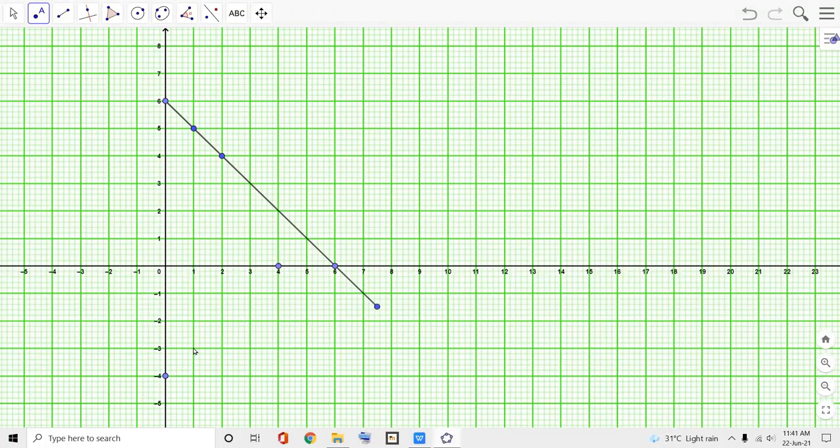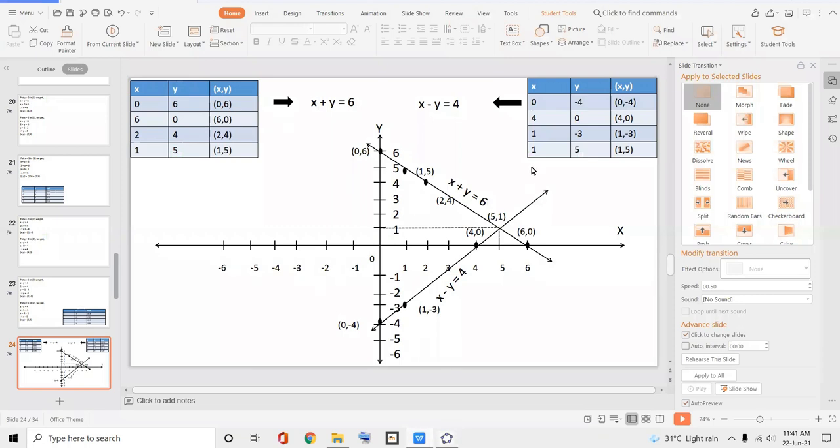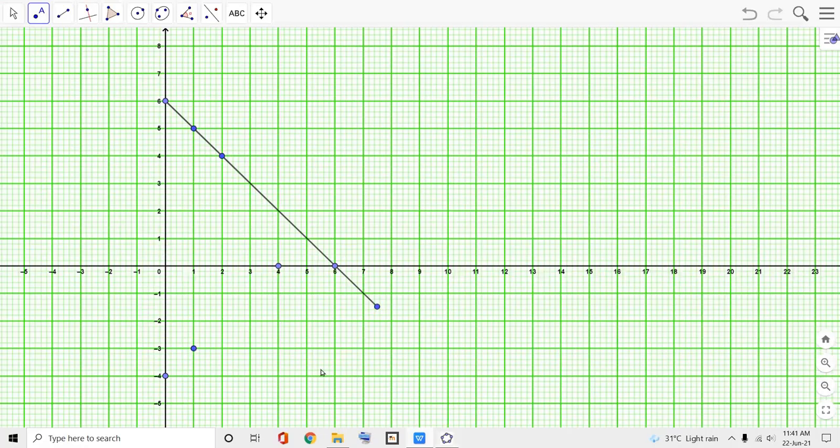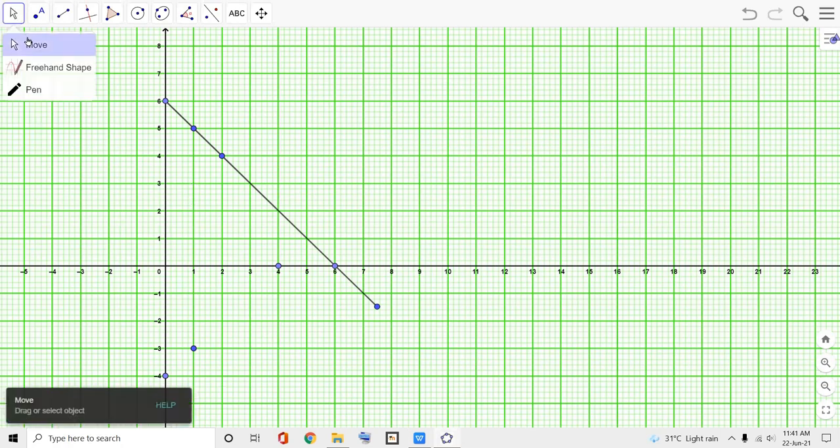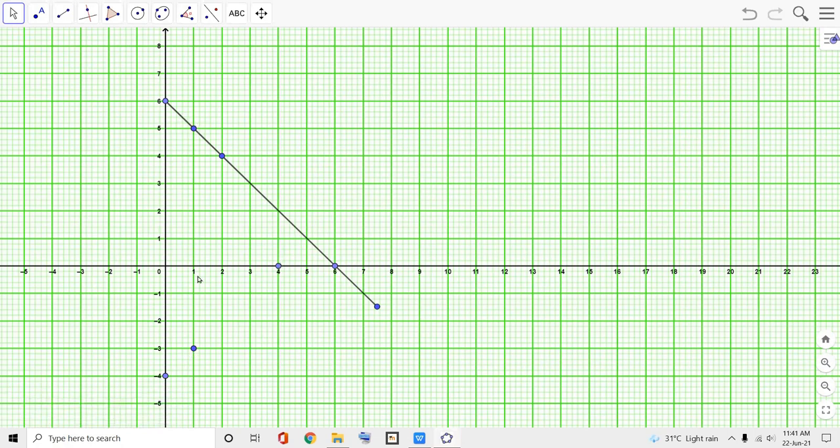1 comma minus 3 over here. Then the last point, that is 1 comma 5. So 1 comma 5 we have already plotted in the previous equation. So we're not plotting it again because it's already there. Now you can see the points that we are having: this point, this point, this point, and this point. Now I have said this before also, that we make a line joining these points, but